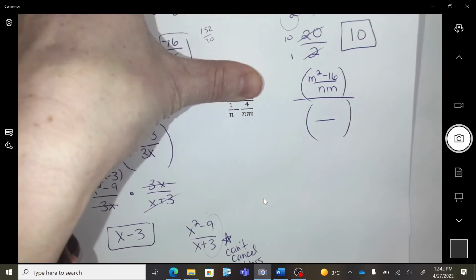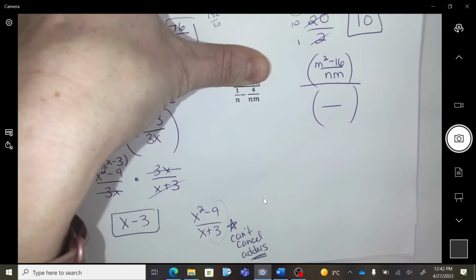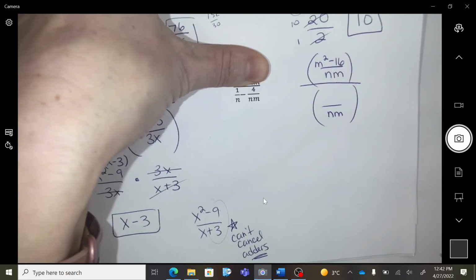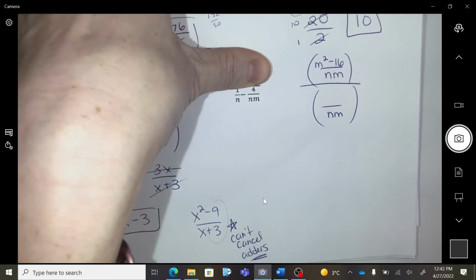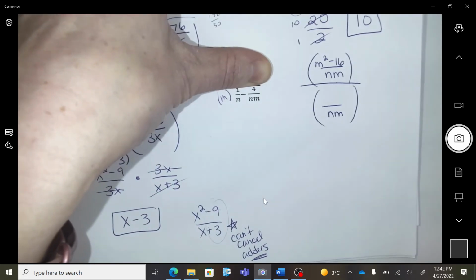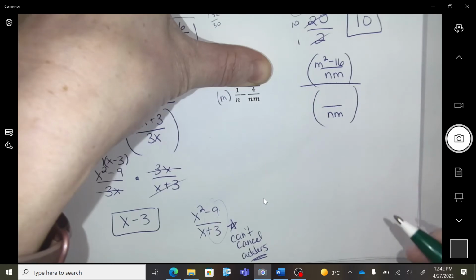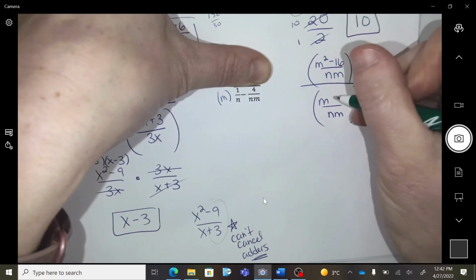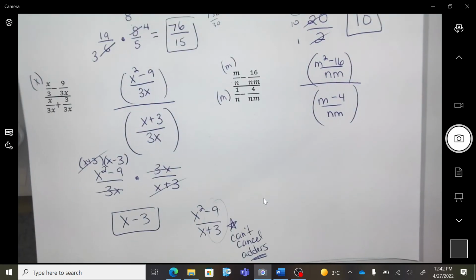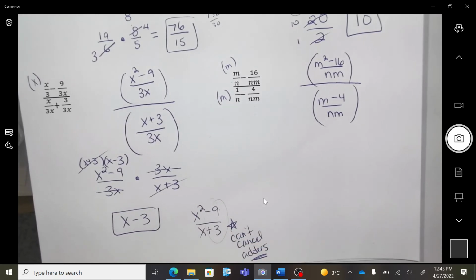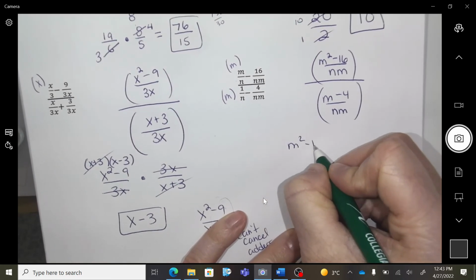Okay, let's look at the bottom. We have an n and an nm again. So nm. What did I do to the first fraction? I times it by an m. So m. What did I do to the second fraction? Nothing. So minus 4. Okay, so if I do the flip multiply,